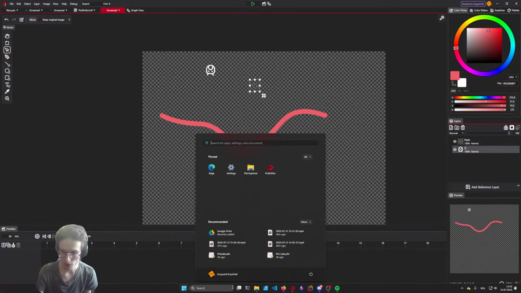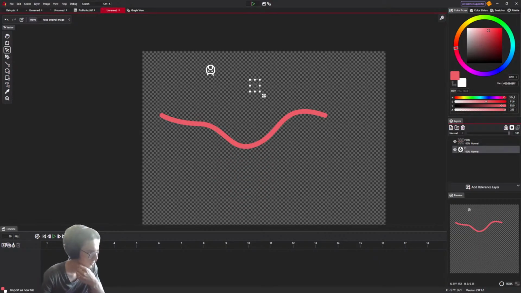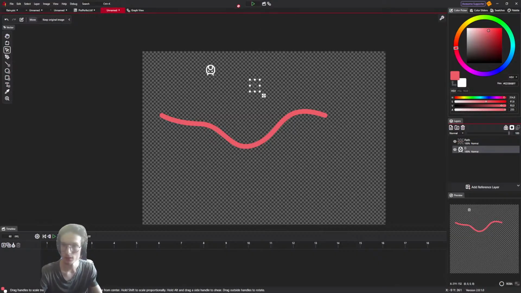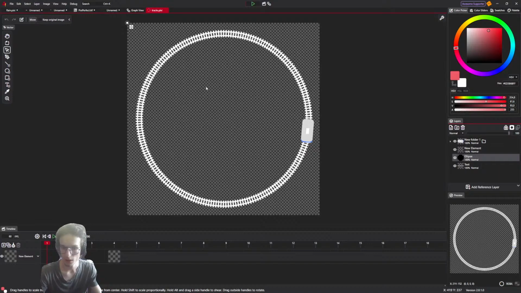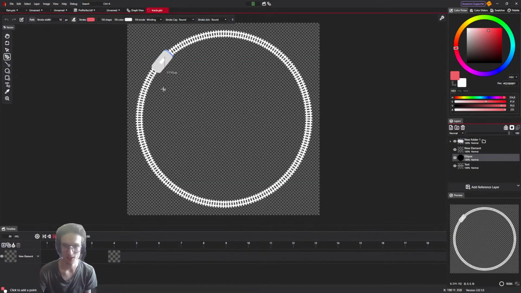Maybe I have a file already with this figured out, so I don't have to embarrass myself anymore on the live stream. Let me see. Okay, I have this file, maybe, oh no, it's just a train. Track. Okay, I have a tracks file which takes a little train and puts it on a track.